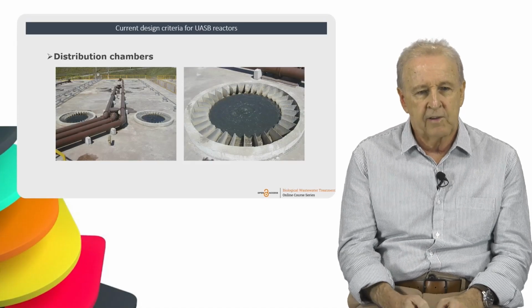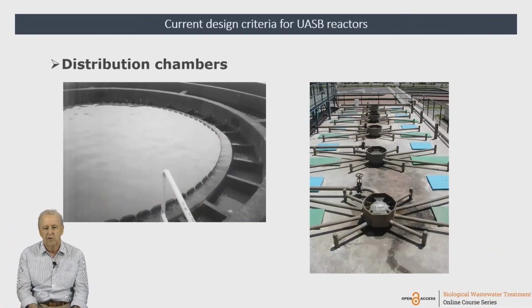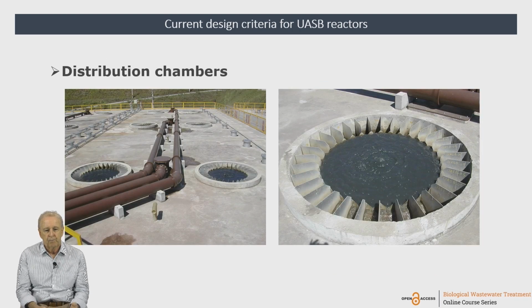Here is another example of a distribution chamber. If you compare this distribution chamber with this one here, in here we have a lot of pipes on the top part of the reactor. So maybe for the operator to walk along this slab is not so easy. There is a risk of accident. So in this case, we have a much cleaner upper part of the reactor, so it's much easier for the